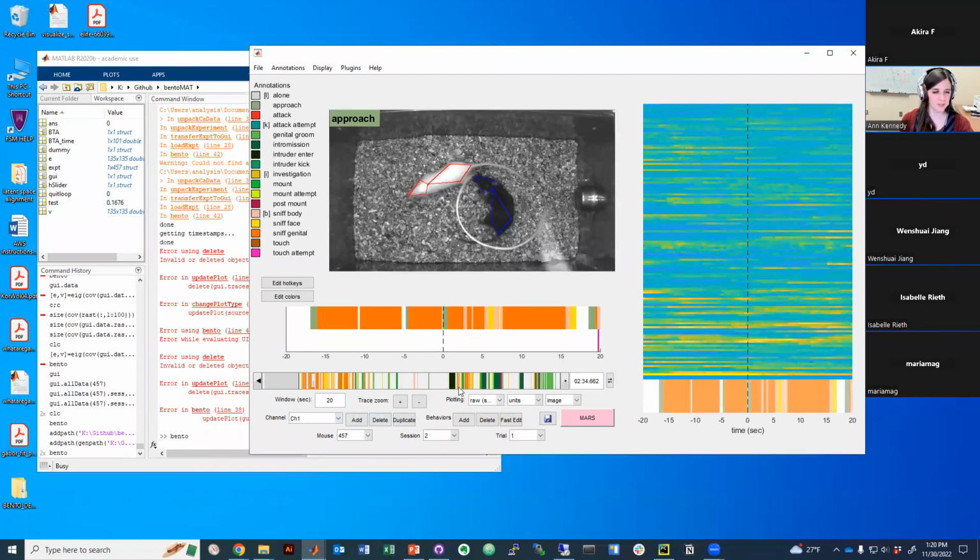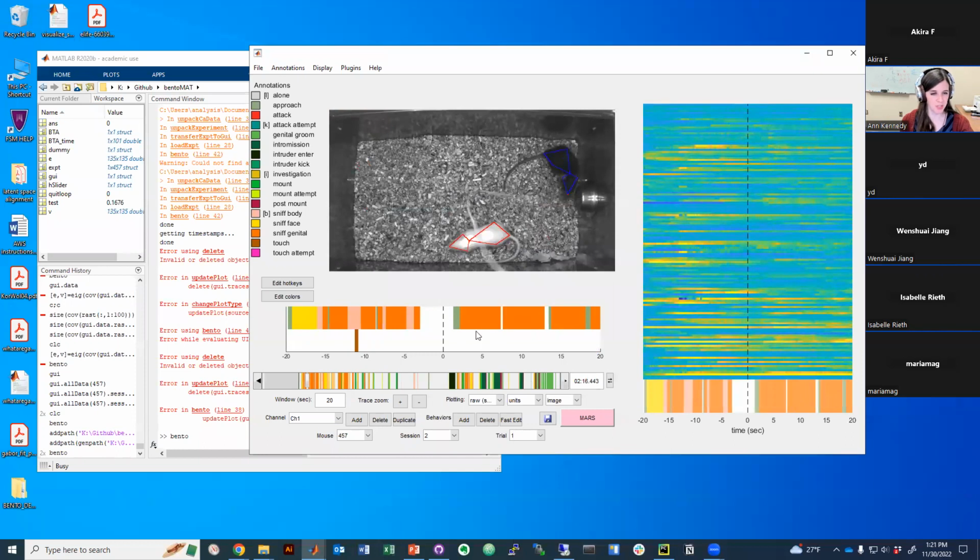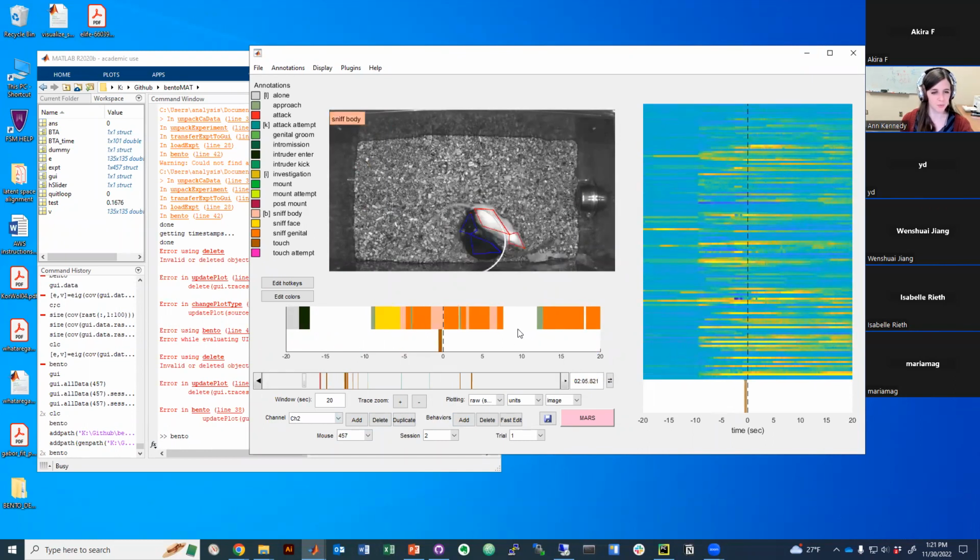There is an active channel, which is what's displayed on the scroll bar and is listed here in this channel menu. Each channel can have multiple behaviors annotated, and you can annotate multiple behaviors at the same time. Different channels could be used to separate things out, like the actions of one mouse versus the other, or behavior versus stimulation times, and kind of gives you more flexibility